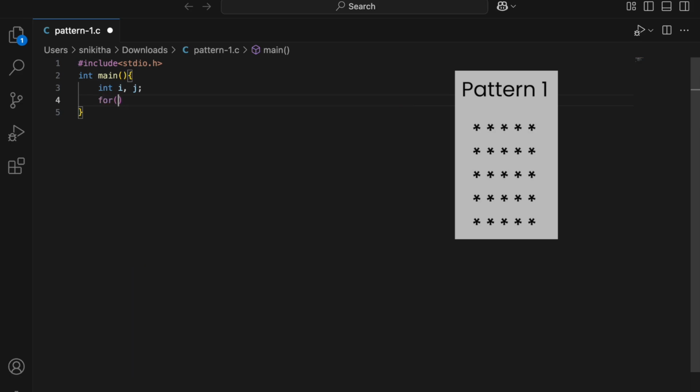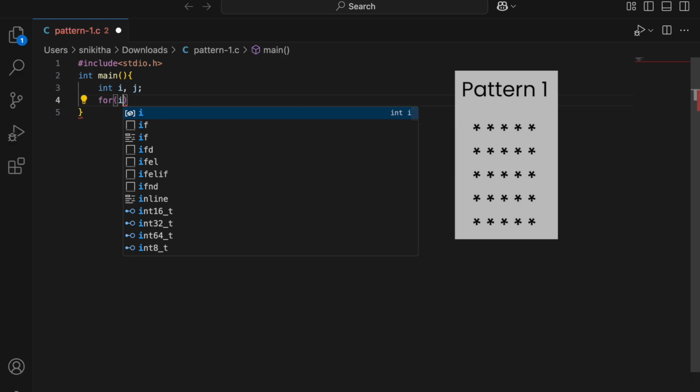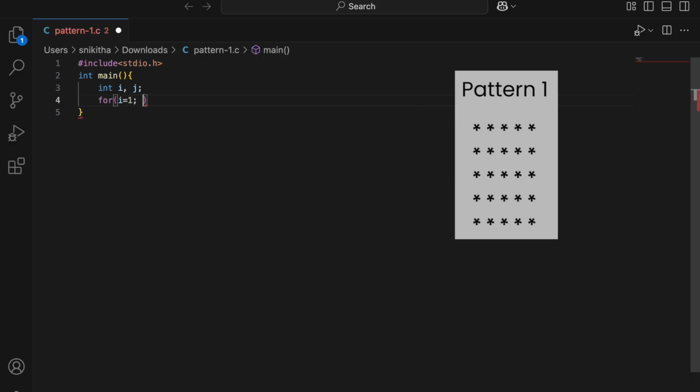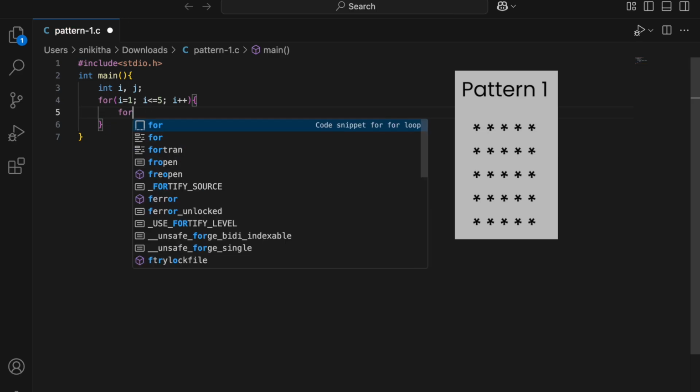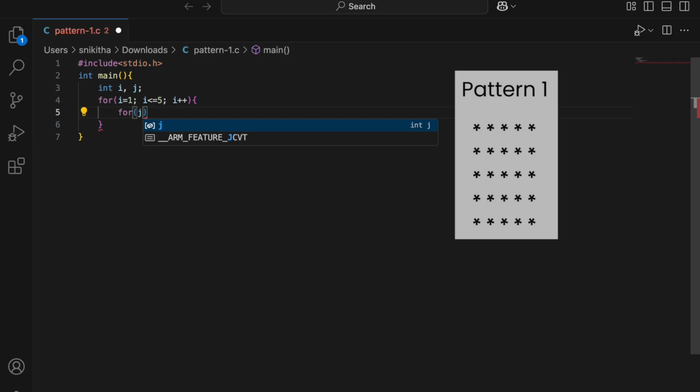Now we'll use two for loops to print the following pattern. The first for loop is for the number of rows, and the second for loop is for the number of stars or asterisks to be printed in each row. So we are running this pattern for 5 rows. For example, from 1 to 5 we run the variable i, and inside i we write another